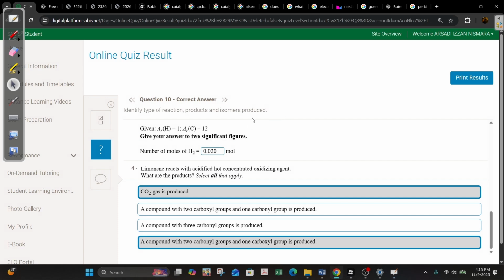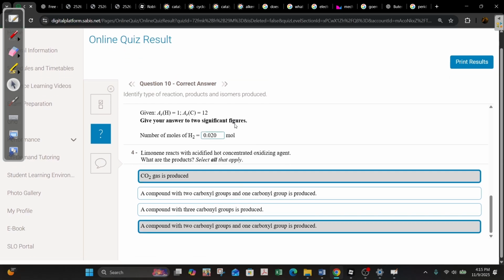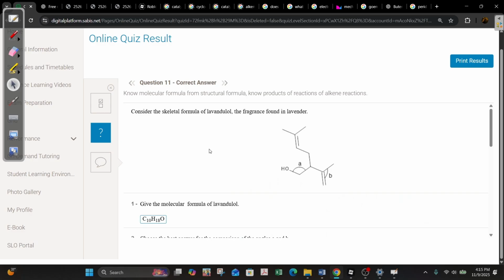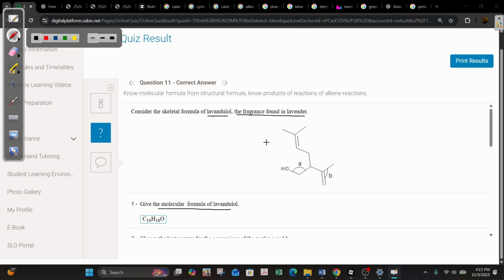Question 11 now. Okay, so another type of these questions: lavandulol, a fragrance found in lavender. For the molecular formula, like I said, there's no general formula, so you just have to count. There's 1, 2, 3, 4, 5, 6, 7, 8, 9, 10. So there's 10 carbons. So C10,